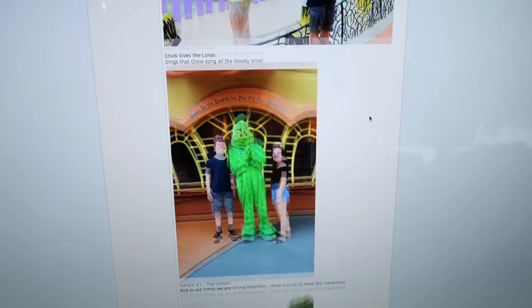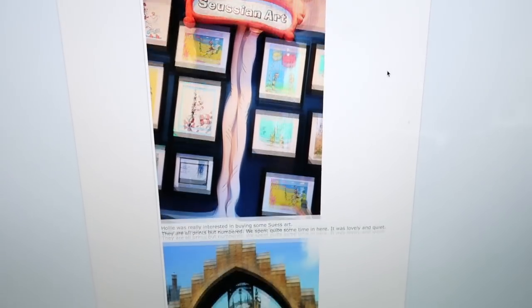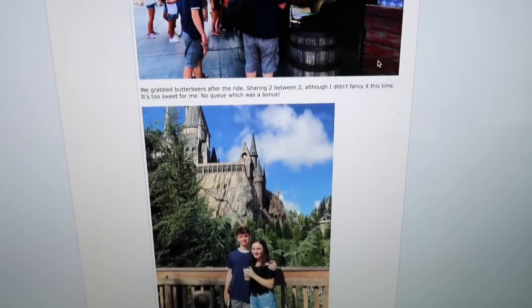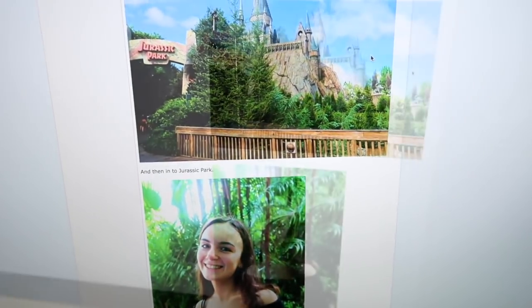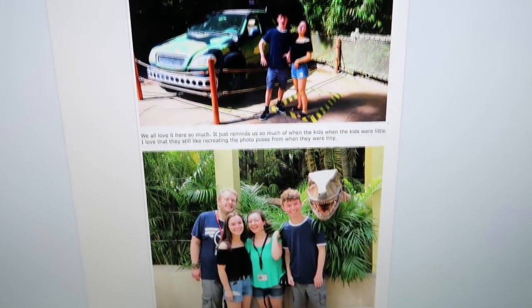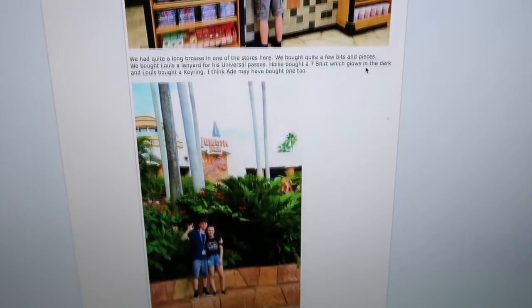and you add your photos. You can be as informative as you wish. I do like to include tips and restaurant reviews and all that kind of thing. If you find a shortcut, it's always nice to mention it. It's just a really good way of sharing your holiday, your tips and ideas, recommendations, do's and don'ts, likes and